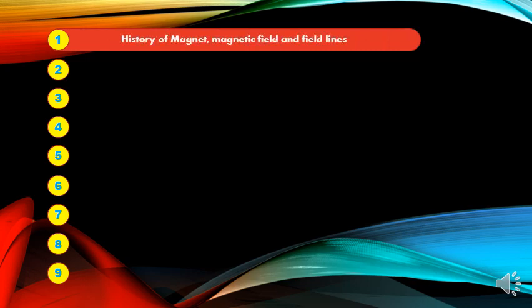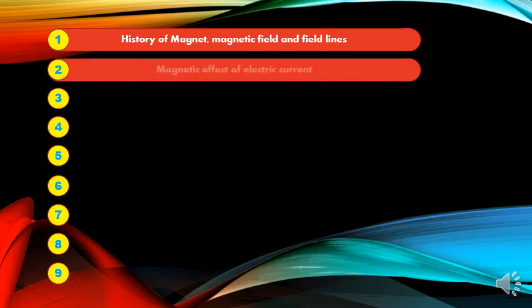Dear students, all these are going to be the content in this chapter. I want all of you to make note of all these points in your classwork. After this, you can write your notes. So the concepts in this lesson are history of magnet, magnetic field and field lines. That is, properties of magnetic field lines, how to plot those lines, all those you will learn in this concept.